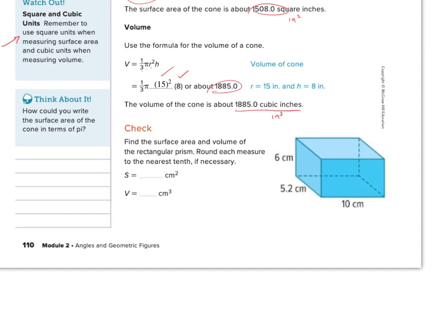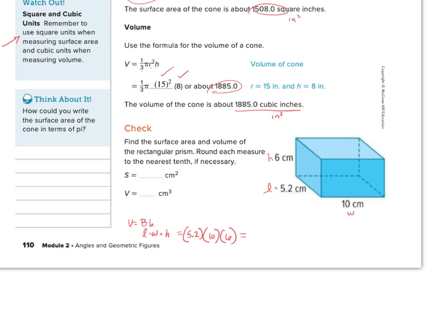Looking at the check, trying to find the surface area and volume of a rectangular prism, round each measure to the nearest tenth. Okay, volume's pretty easy. Volume is simply the area of the base times your height, and the area of the base is going to be length times width, and then we're going to multiply that times height. So that is going to equal 5.2. Call that my length, call this my width, call this my height. Length times 10 times 6 is going to equal,